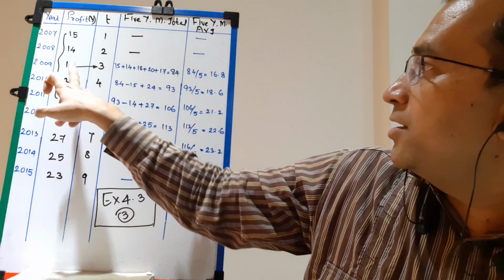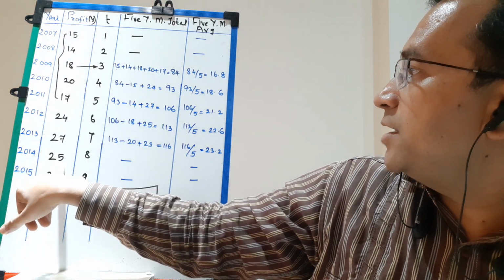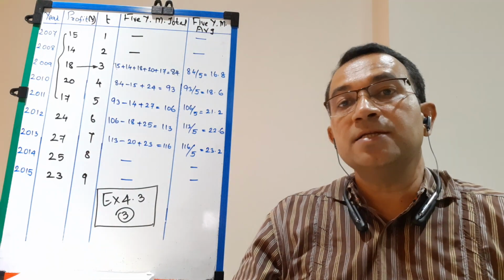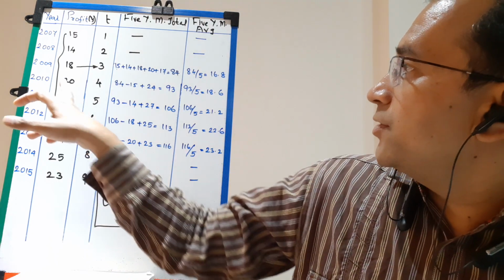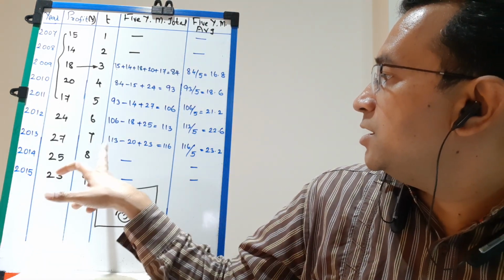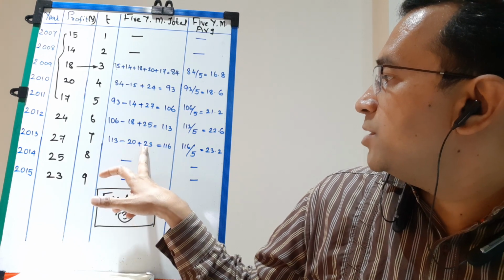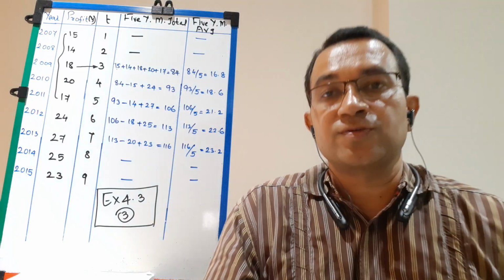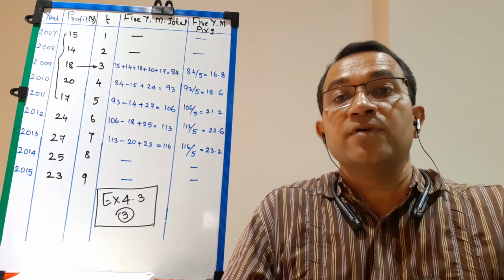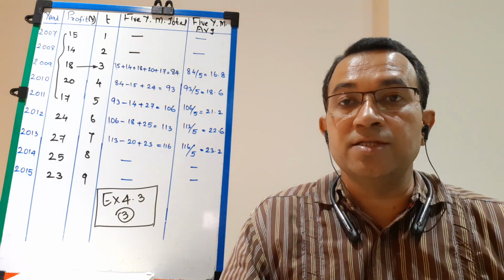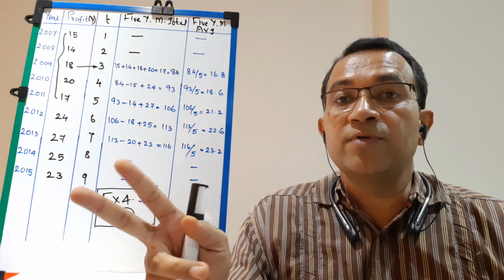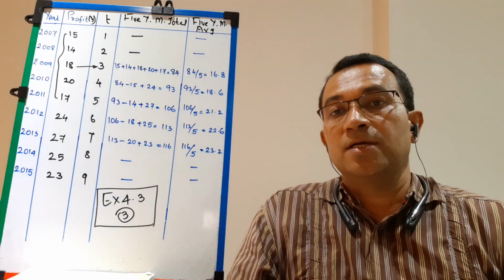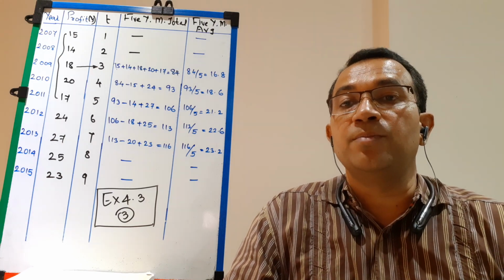Then remove 18 and add 25. So 106 minus 18 plus 25 is 113. Then remove 20 and add 23. So 113 minus 20 plus 23 is equal to 116. Again, last two values will be dash. In 3 yearly moving average, first and last values were dash. All of you check in the total. In 5 yearly moving averages, first two values will be dash and the last two values will be also dash. That is to be understood, students, very perfectly.